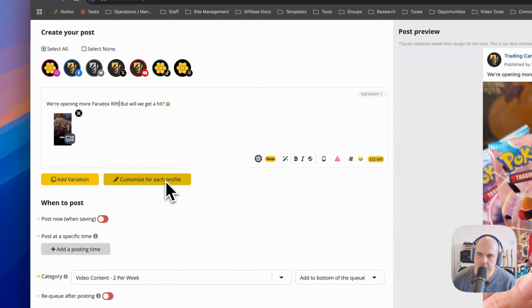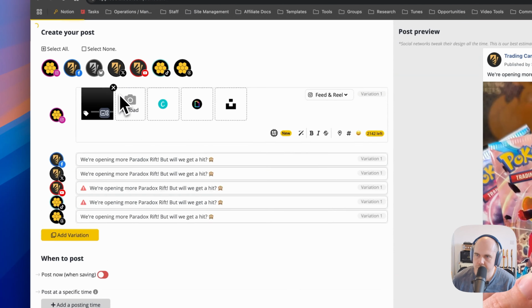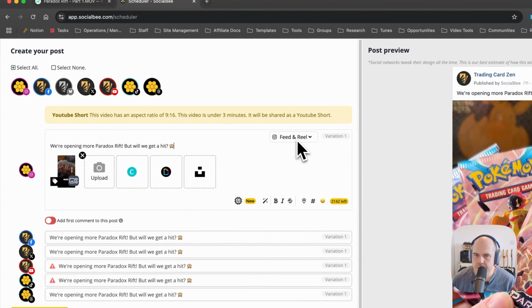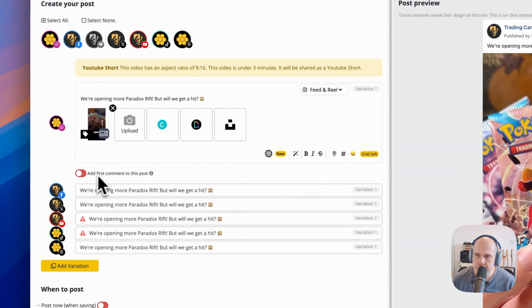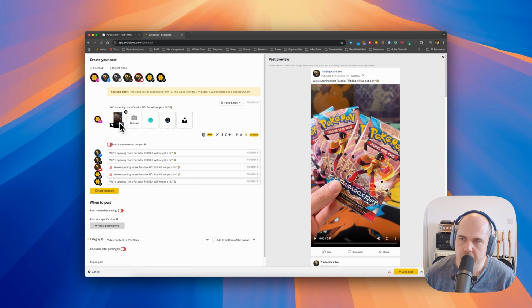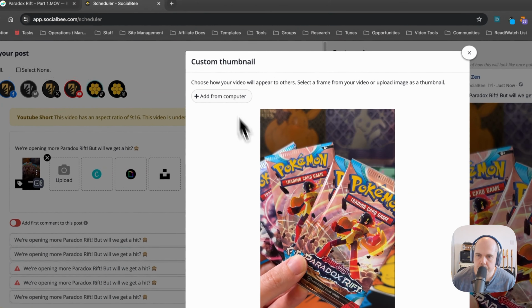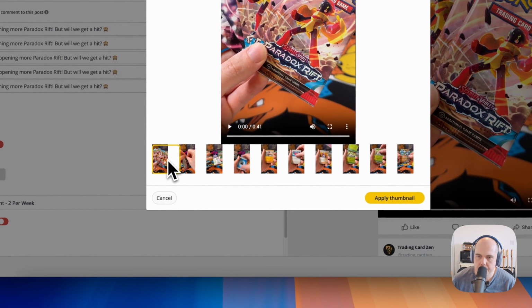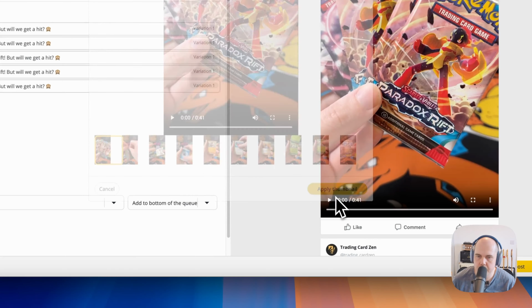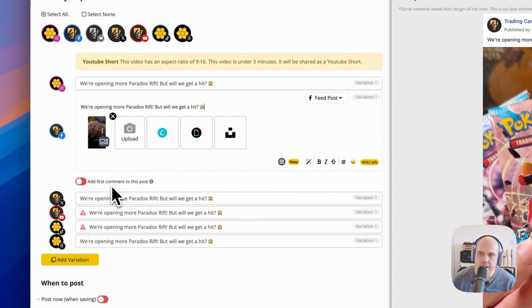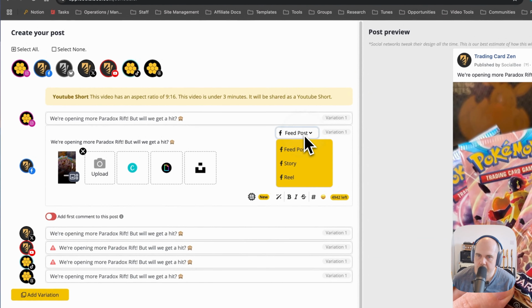Now, we do need to customize this for each profile. With Instagram, it's set by default as feed and reel, so it will share to feed and as a reel as well. We can share it as just a reel or just a story if we want to. We also have the option to add a first comment to the post, and we will also need to set a thumbnail. That's the main thing that we'll need to do. And you can add one from your computer, or you can just scan through the video to pick the scene to use. So I'll just start with the very beginning,